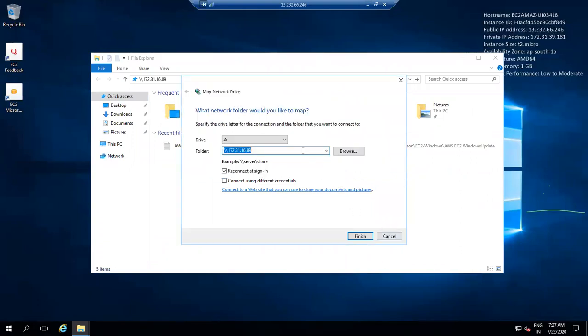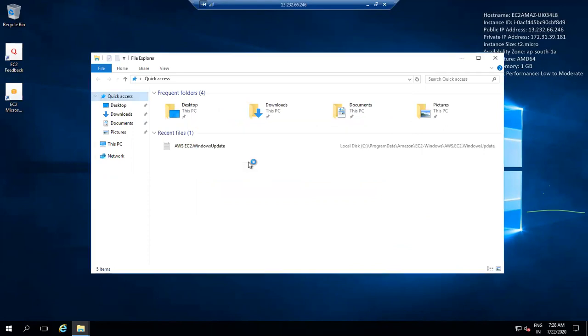Because I need to enter the file server here, without that the drive letter will not work.